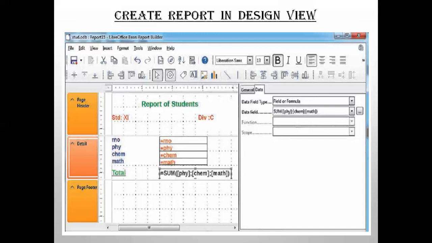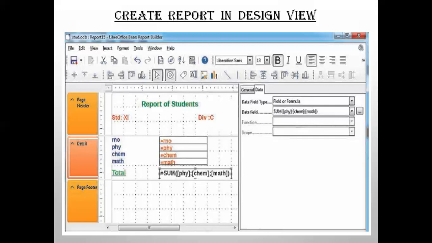So from the right side, the settings window. Here you have to click on the data tab. And for content, select table name or any saved query name. A small window will appear. Click on the field name and click on the insert button. So that field will be inserted. Then you have to close the window.